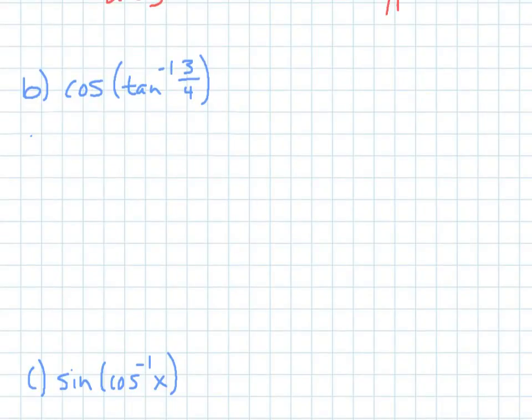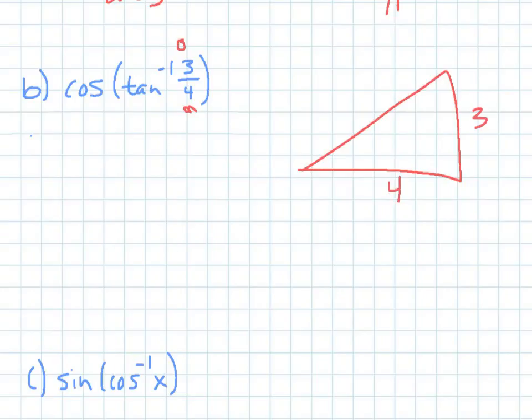Letter B, it says cosine of inverse tangent of 3/4. Same thing, let's make a triangle. So remember, that's the opposite over the adjacent. So 3, 4. Okay, now we just did that triangle. 3 squared plus 4 squared is 25. Square root is 5, right? Okay, so